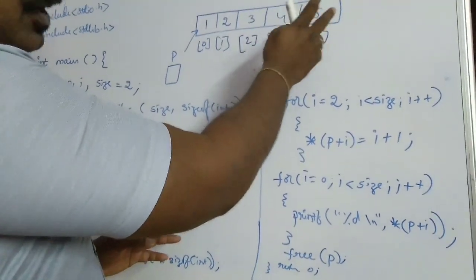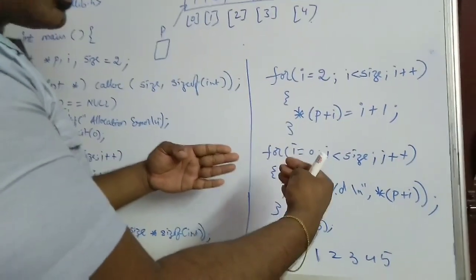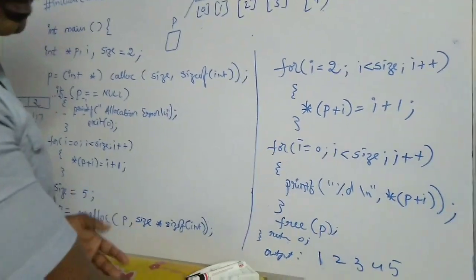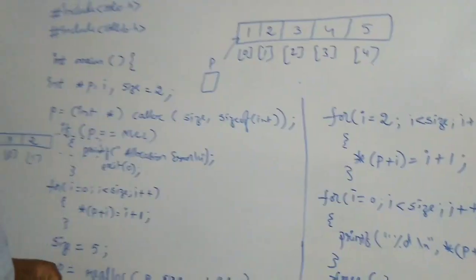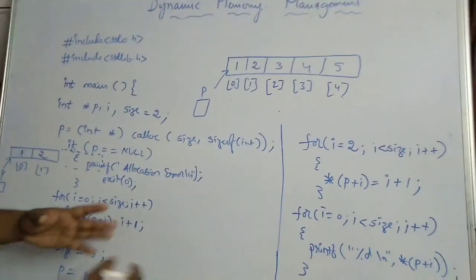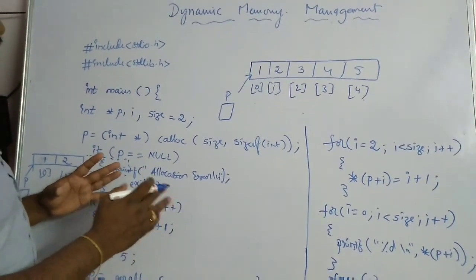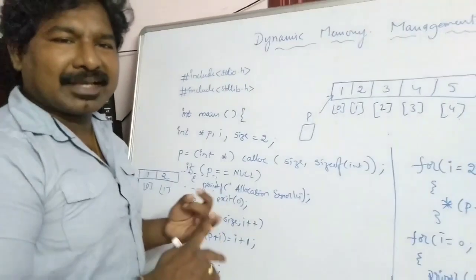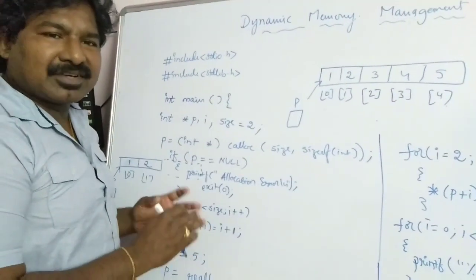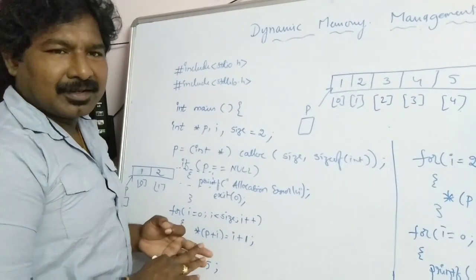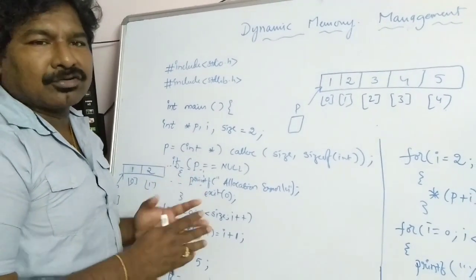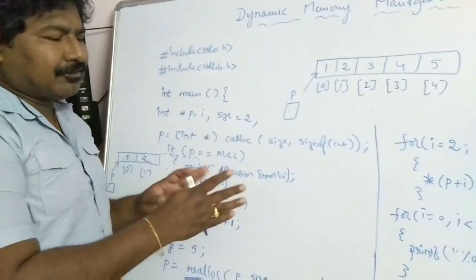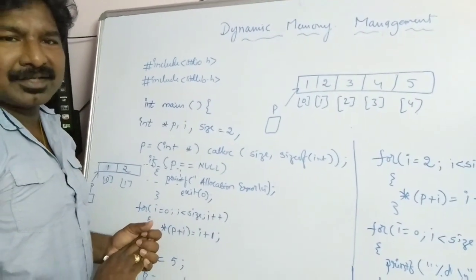Those elements are 3, 4, 5, and I wanted to check whether all the elements in my array are available or not. So with the for loop I printed all the elements, and by the end of the program I freed the memory location. Okay friends, this is how you have to use realloc. This is an example for all the dynamic memory management functions, where we discussed malloc, calloc, realloc, and in every program we try to free the space using the free function, because without the free function you cannot deallocate the memory assigned to an array or structure. So remember friends, at the end of every program you need to deallocate the memory using the free function.